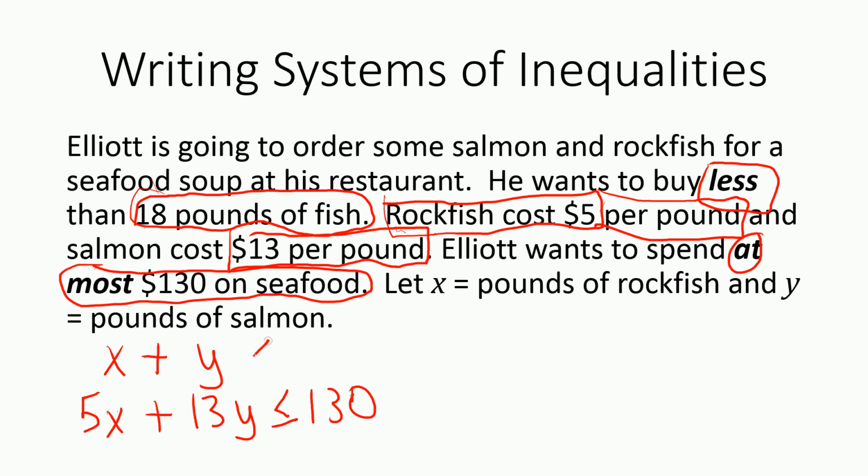And we want that to be less than, which is straightforward. Less than symbol, 18. There's my solution, or there's my system of inequalities. And then I could go in and write that, or graph that, find the overlap,